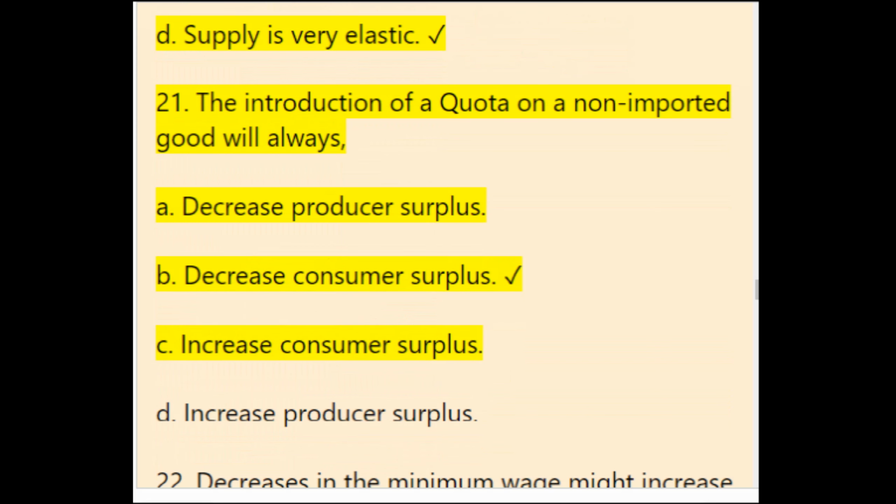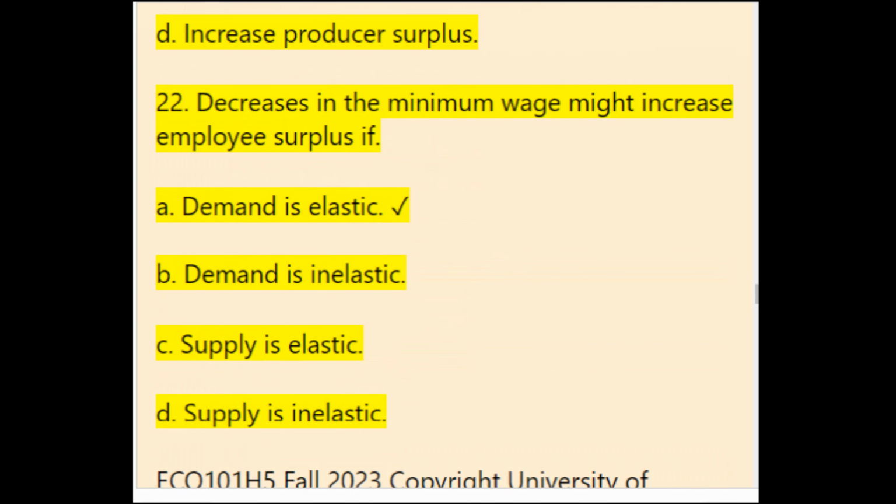21. The introduction of a quota on a non-imported good will always: A. Decrease producer surplus. B. Decrease consumer surplus. C. Increase consumer surplus. D. Increase producer surplus. 22. Decreases in the minimum wage might increase employee surplus if: